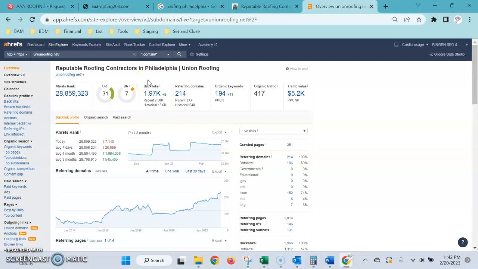Now these links can come from a lot of different places like blogs, editorials, guest posts, press releases. However, one really strong and important type is what's called a citation, and that's any time that your name, address, and phone number are listed in an online directory. That includes Yelp, Yellow Pages, Better Business Bureau. Good news is most of these directories are all free. It just takes some time to find them, register your business, and then input the information exactly as it's shown